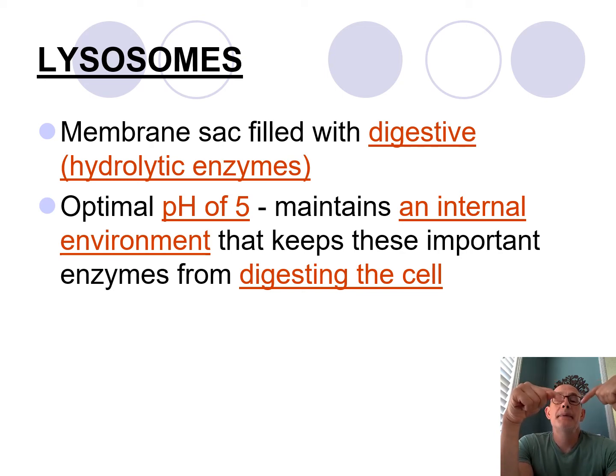And so what happens is the pH of the lysosomes, the hydrolytic enzymes are specific for that pH and function best there. So that helps them. If one of those breaks open, it's not going to go and kill the cell. But if a bunch of them break open, then you can enter into something that's known as apoptosis or programmed cell death, which is actually pretty important and